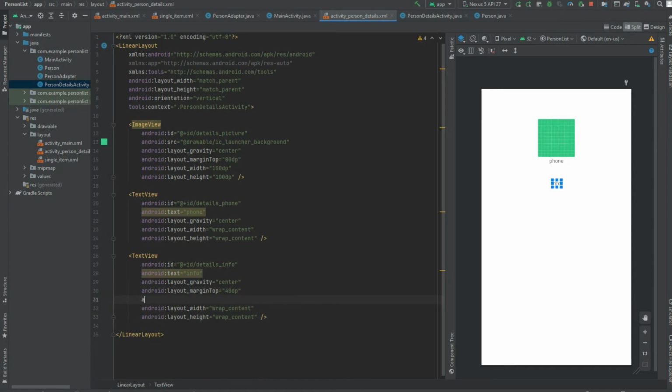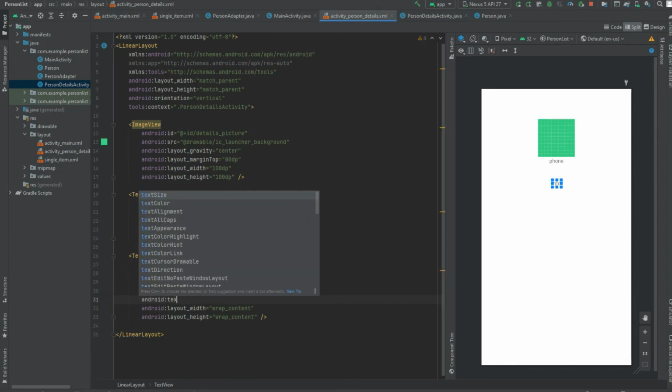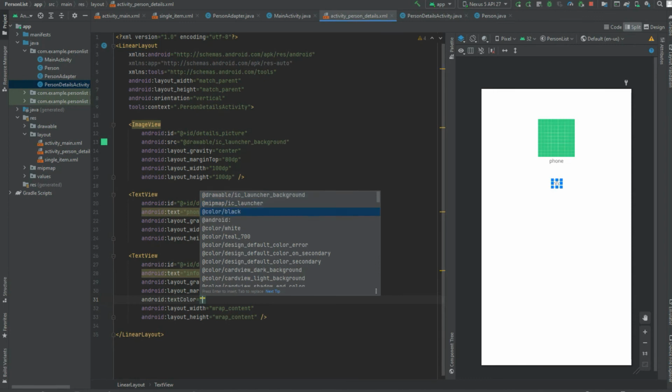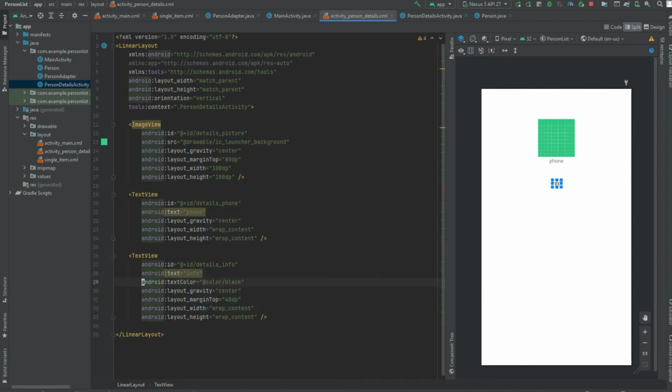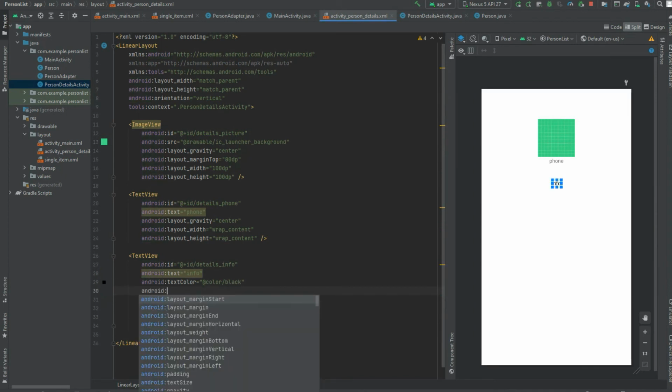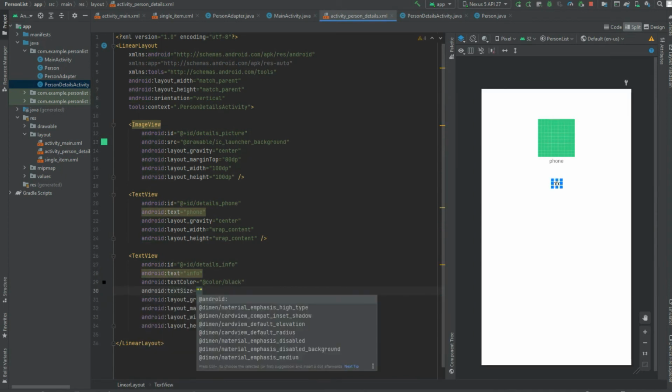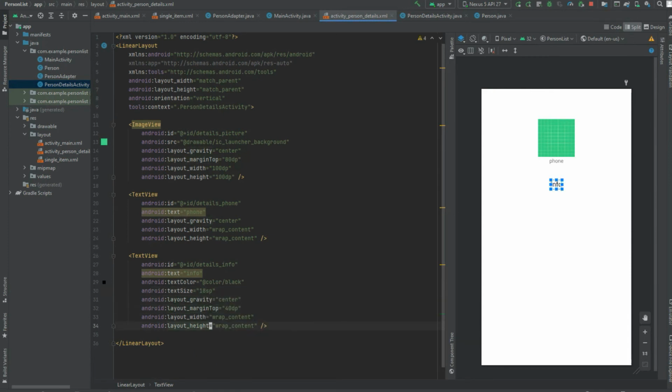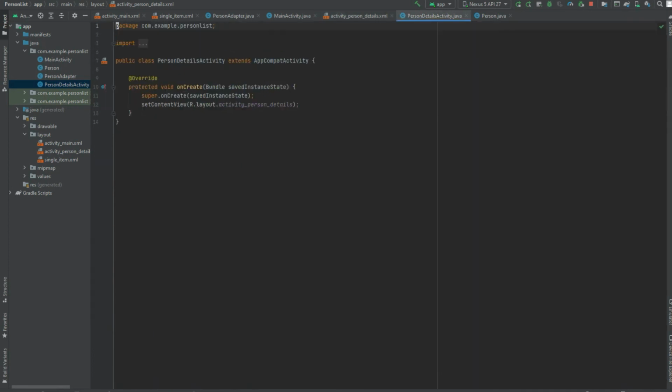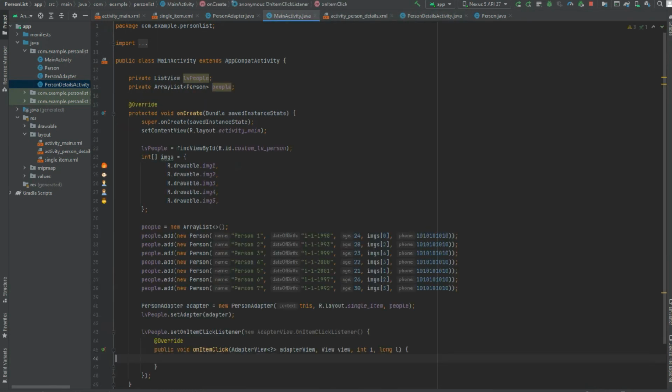I will change its color to black. Android text color to black. I will move it right here. Also, I will increase the size, text size to 18 sp. Yes, it is good. I will leave the font as it is, and I will pass to person details. Okay, but for now I will go back to main activity,